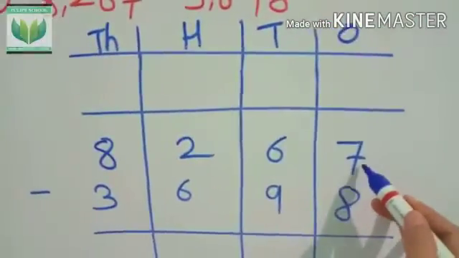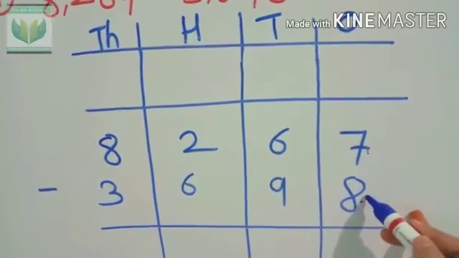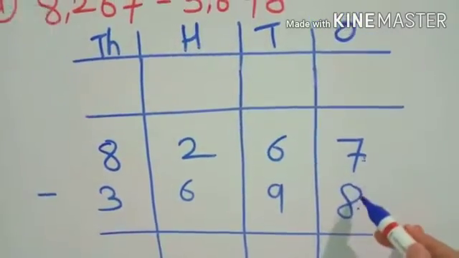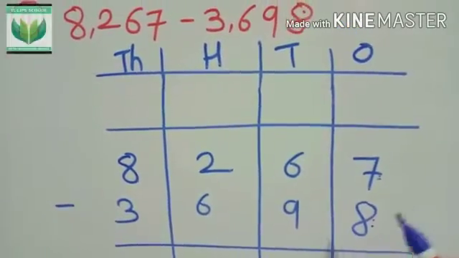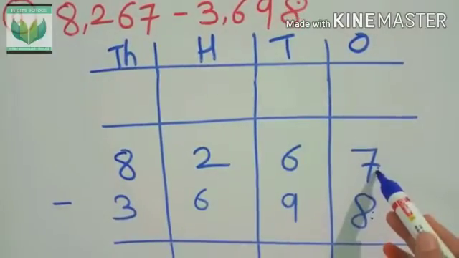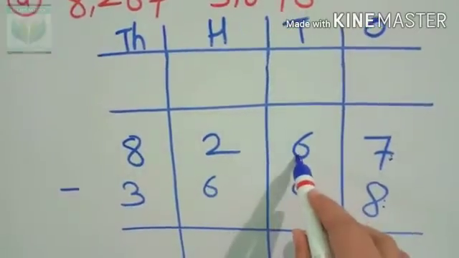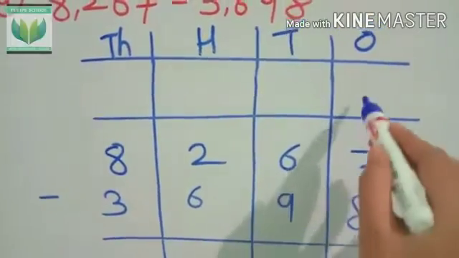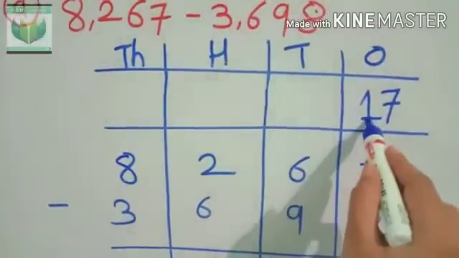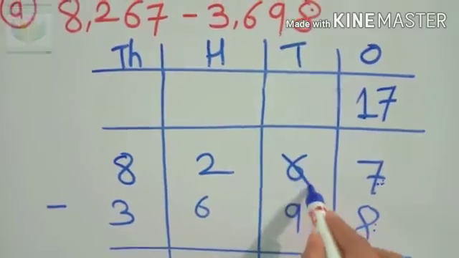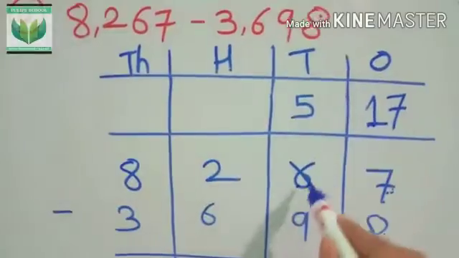Look at here, 7 and here 8. From 7, can 8 be subtracted? No, because here is the small number and here is the big number. In subtraction, big number minus small number going easily is called without regrouping. But here 7 is a small number and 8 is the bigger number. Now we have to take a carry. From 6 we take 1 carry. Here take 1 and write it before the 7. This 1 we took from the 6. Now 6 becomes 5, because we took 1 from the 6.